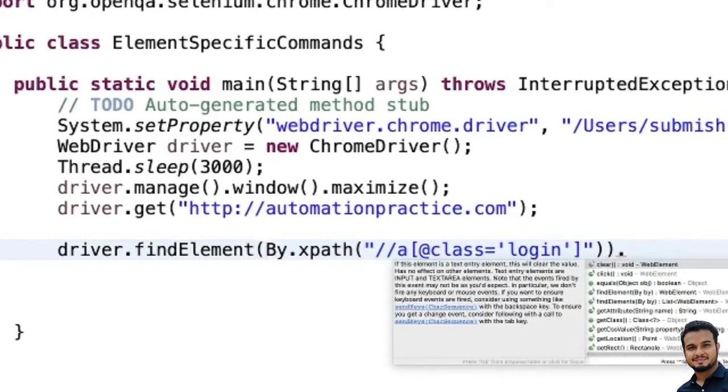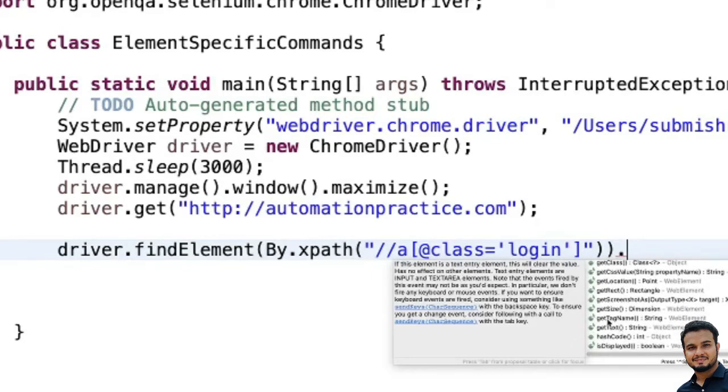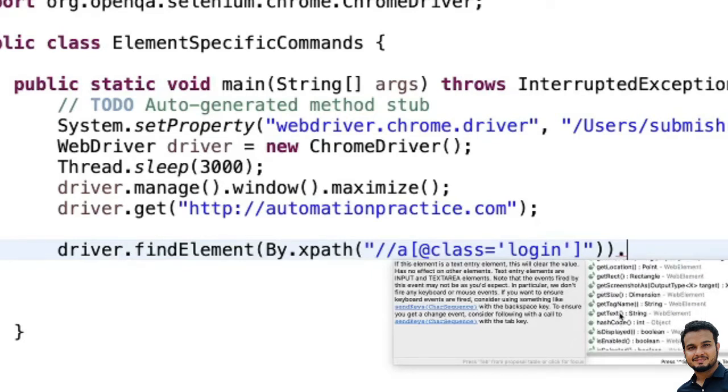Okay, so when you are clicking on this dot, you are seeing some methods like clear, click, and find elements. Then you are seeing get location, get size, get tag name, get text. So all these methods belong to this web element.